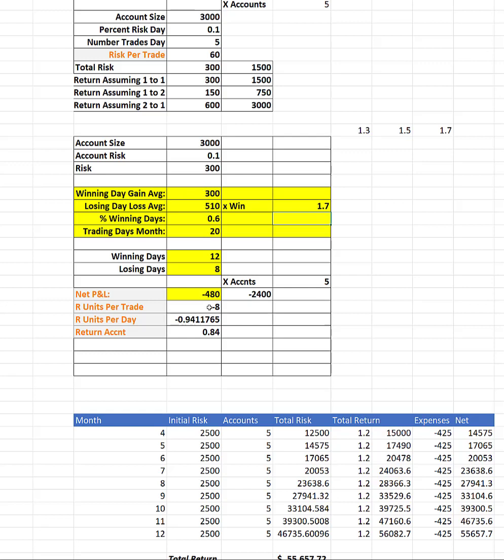a $500 loss limit. You will be losing at this ratio. You need to get to the higher percent win ratio, but you don't lose a lot. You only lost one, and again, this is pretty mediocre consistency. If you get that 70% winning days, you're going to be profitable in a month. What this suggests to me is that the optimal range, if your risk is going to be more than